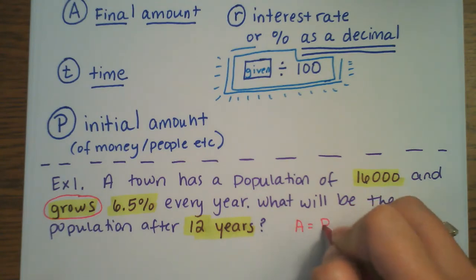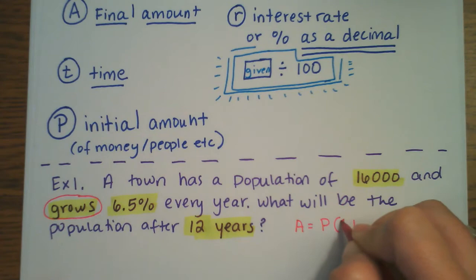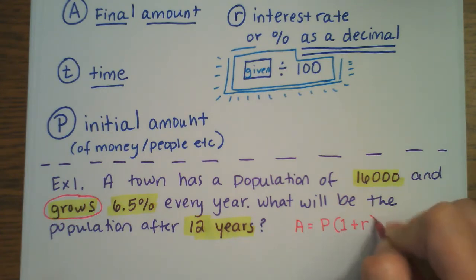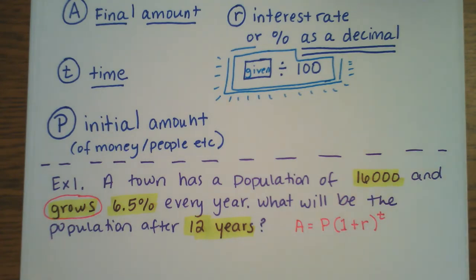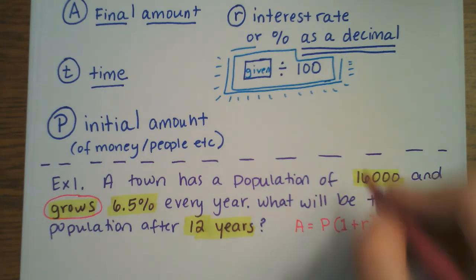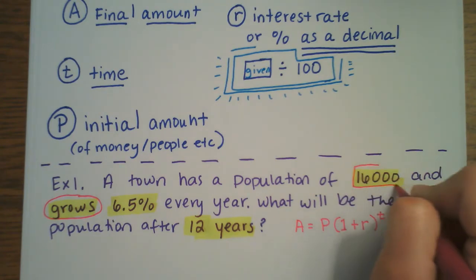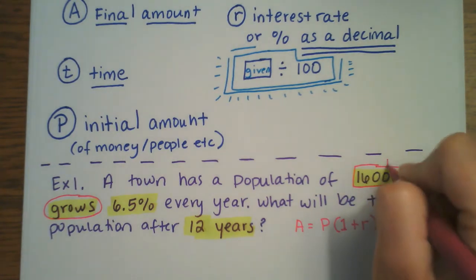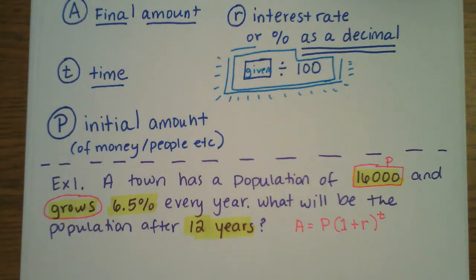A equals P times 1 plus R to the T. So the fact that it's growing or increasing is how I choose which formula to use. All right, so the initial amount of people is 16,000. So A equals 16,000